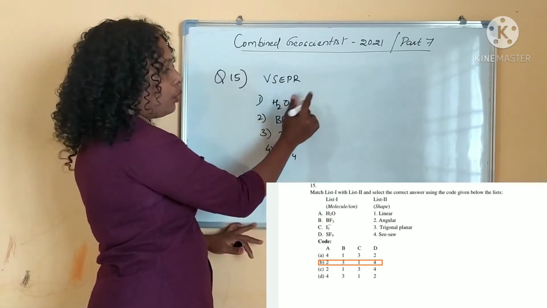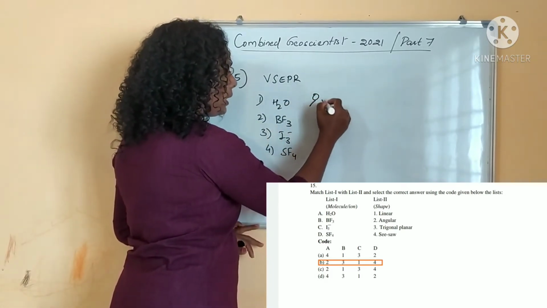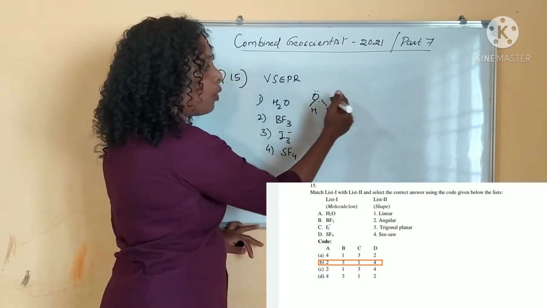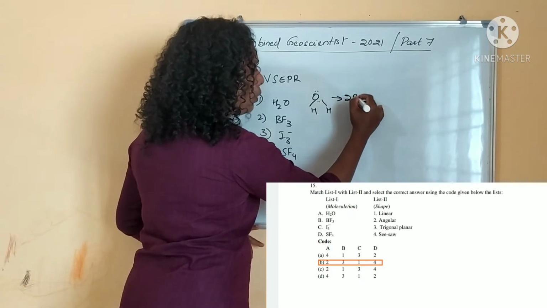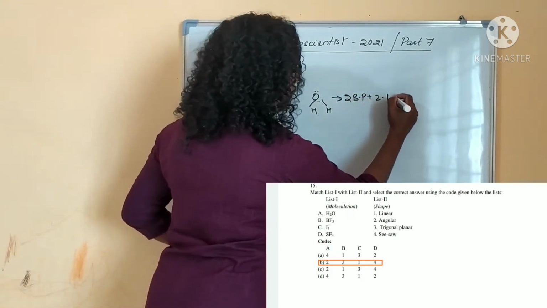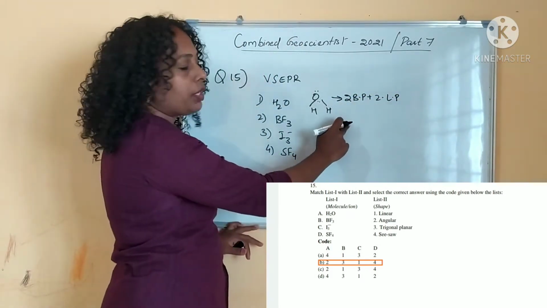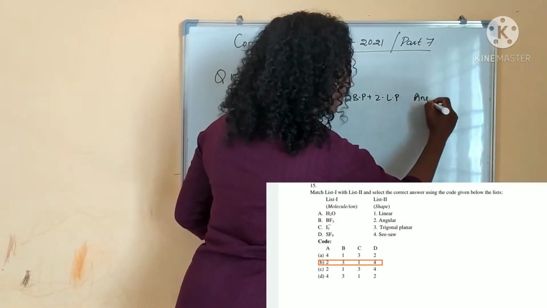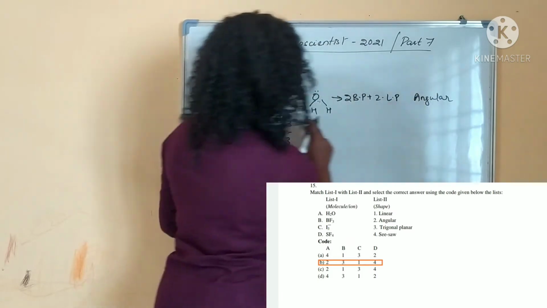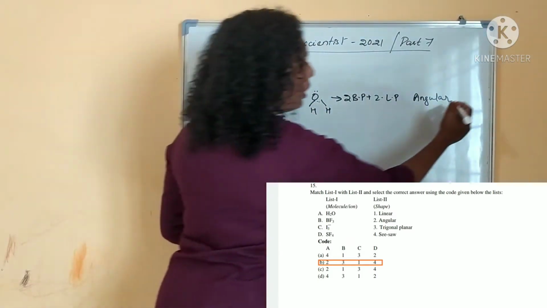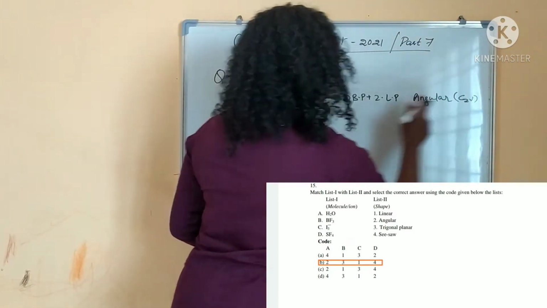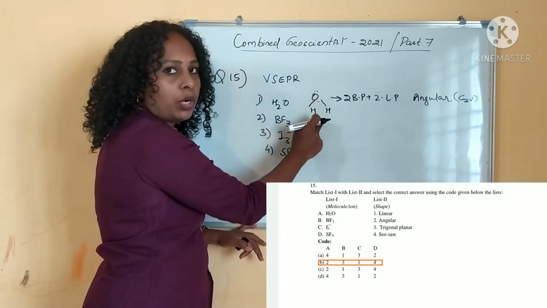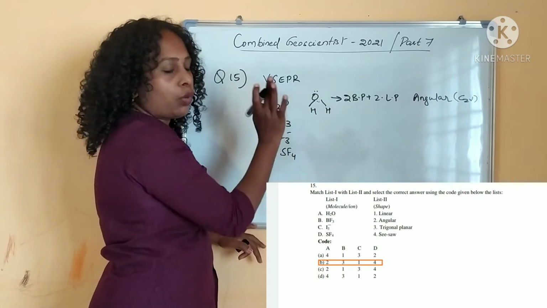So the water molecule structure will be like this, right? Just I am explaining, okay? 2 bond pair plus 2 lone pair present. What is the shape of the molecule? It will be a bend shape, and your option is angular. So I am choosing that option, angular shape, okay? And it belongs to the point group C2V, right? Oxygen is having 6 electrons, 2 have bonded with the hydrogen, and 2 are lone pair, right?